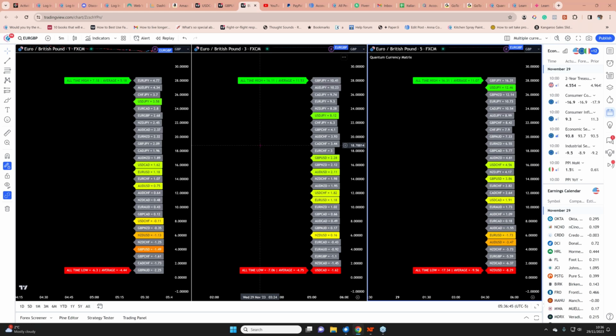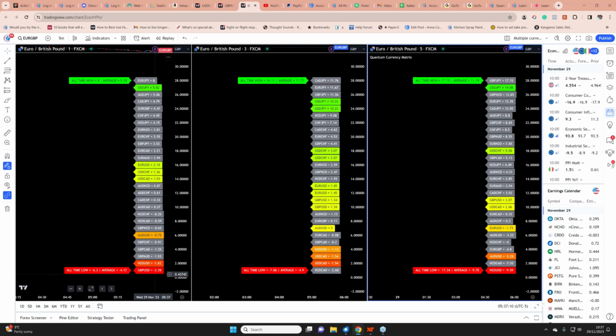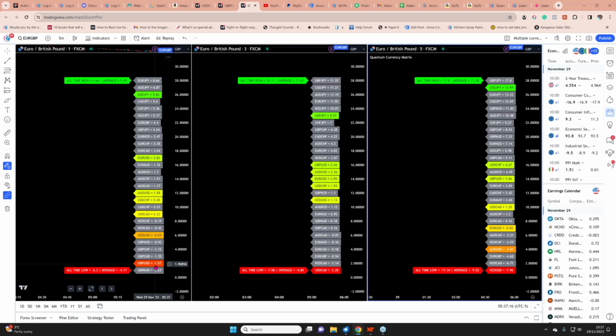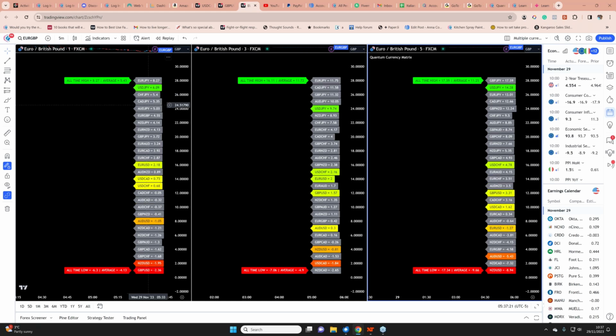Now, what we're looking for, from a trading perspective at any rate, is we want to see all those isolated pairs pretty much moving together. Now, obviously for the dollar, if we're seeing strong dollar buying, then pairs like the dollar yen and the dollar CAD will be rising, and the dollar Swiss, and equally pairs where the dollar is the counter currency will be falling. So that's why we've got the pound dollar down here at the bottom. We've got New Zealand dollar. So in those pairs right now on the 1 minute time frame, at any rate, the dollar is being bought. Hence, you want to see the dollar yen rising. You want to see the dollar CAD, dollar Swiss.